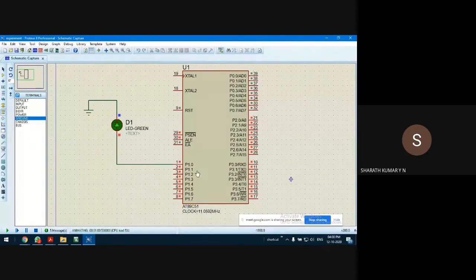Is it the LED giving information to the controller, or the controller giving information to the LED? Output pin, sir. Output pin, no? Correct. Okay. Now,